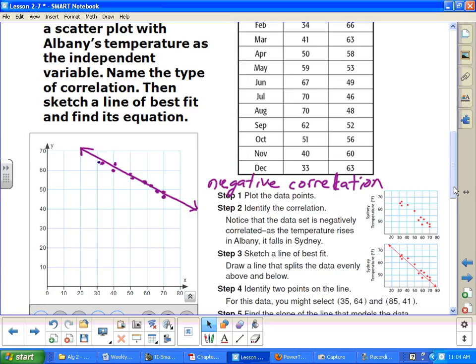All right, so if we look at 2 points that are on the line, let's see. What do you think? Ones that are pretty close. Who did it on their paper? Anybody? Megan, did you draw a line through there? Okay, what 2 points intersect your line, do you know? You have no idea? You can't tell which points are on yours? Because mine, since I drew it freehand, I don't really,